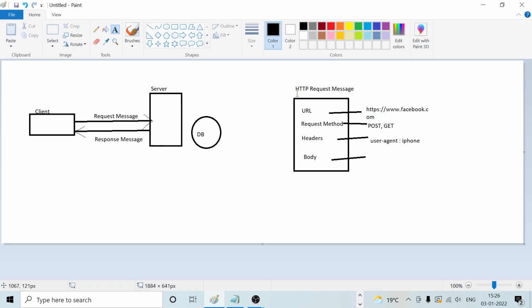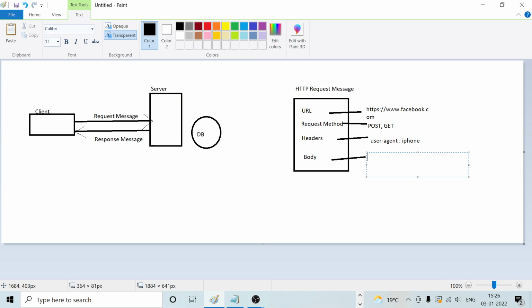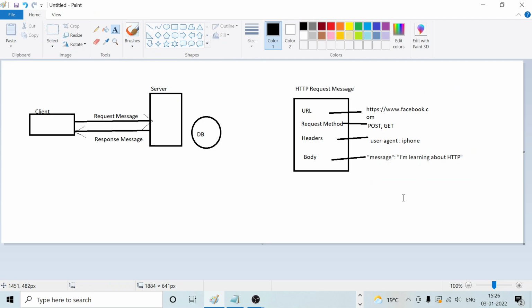And the body, what is body? Body means the main information of the request message. So these are the things in the HTTP request message we need to provide. These are all the things.